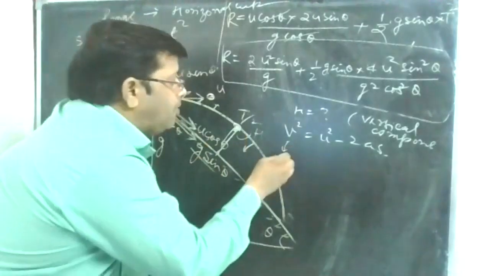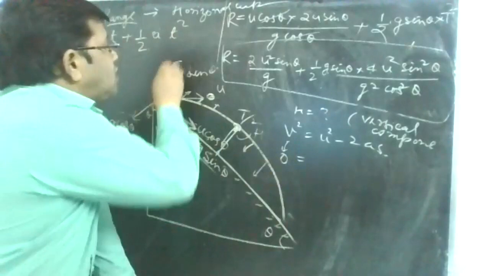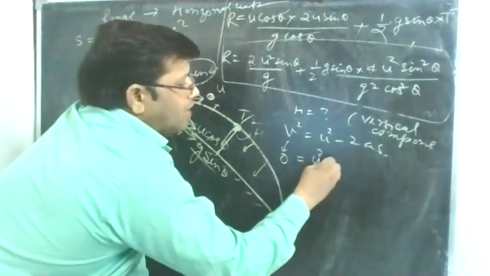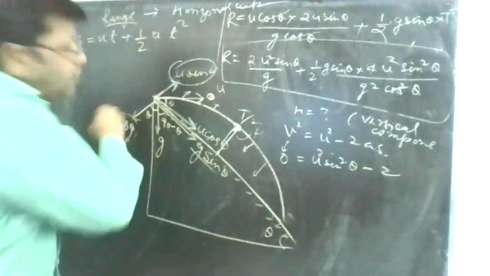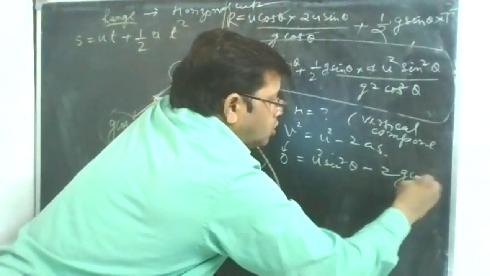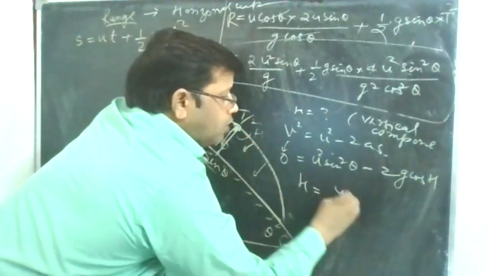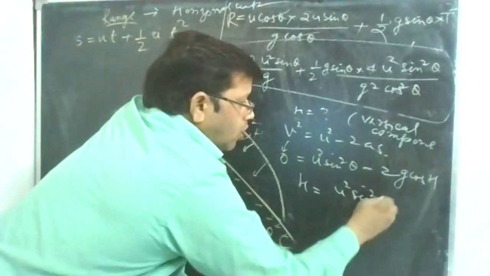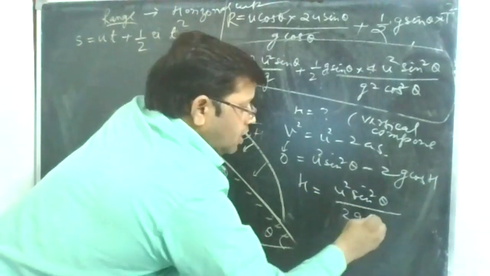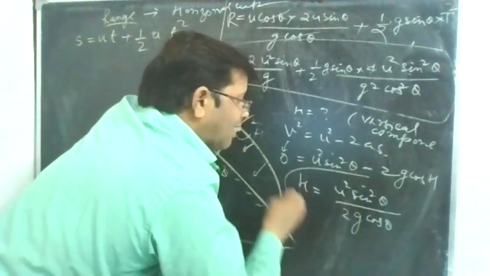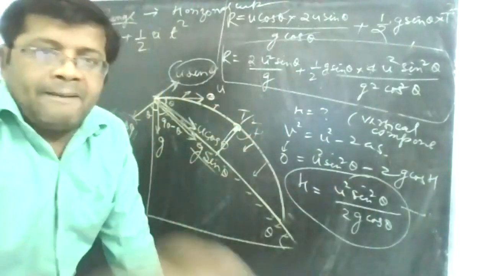For determining the time of flight, for determining the maximum height. The vertical component becomes 0 at maximum height. u square, what is the initial velocity? u square sin square theta minus 2a is what? बेटा g cos θ, g cos θ into h। बेटा इसको सॉल्व करेंगे माइनस आएगा, तो h की वैल्यू क्या होगी बेटा, u² sin² θ by 2g cos θ। बेटा ये आ जाएगा आपको मैक्सिमम हाइट का फॉर्मूला।